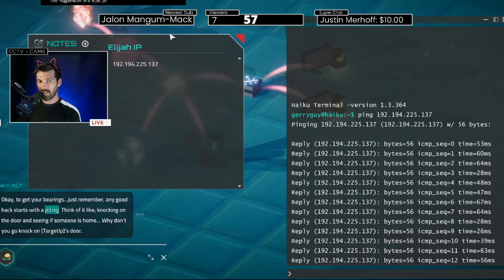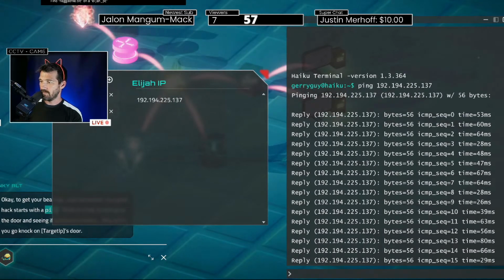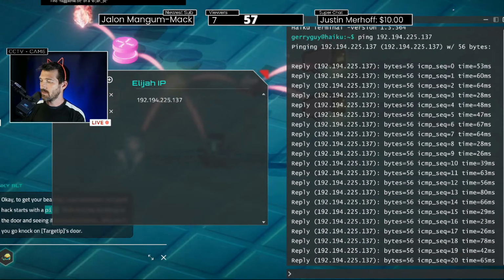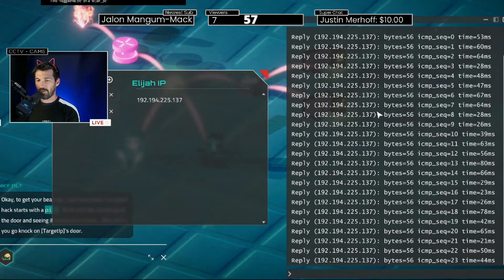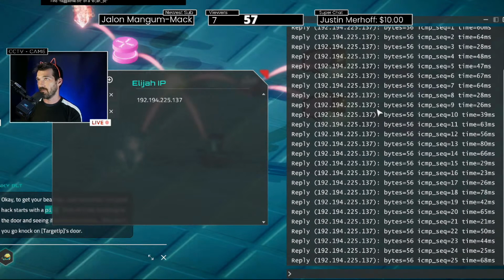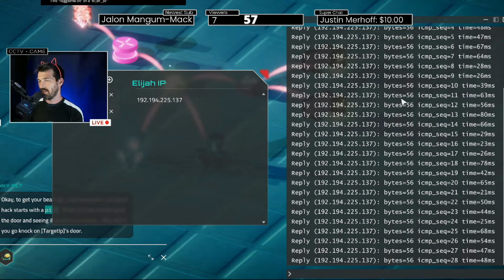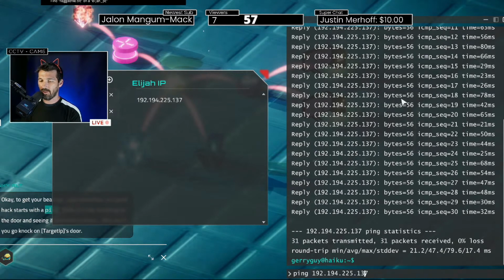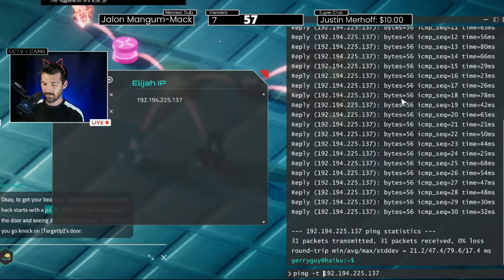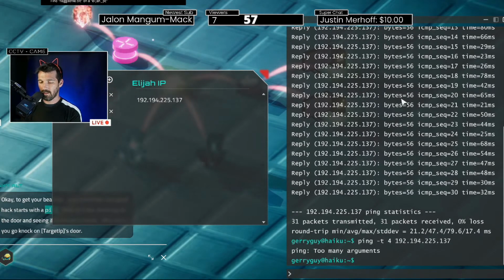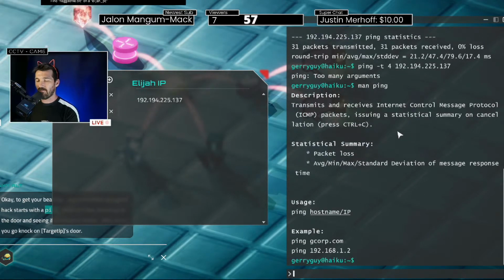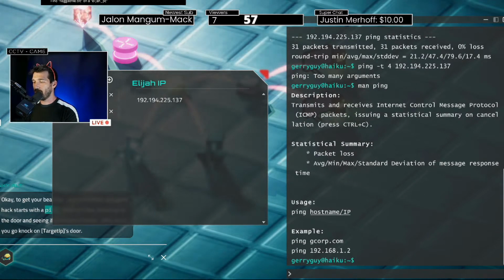All right, so we are knocking on Elijah's door here. You can see we're pinging, and one of the interesting differences between Linux and Windows is that when you ping on Windows, it does an automatic four pings, right? Whereas ping in Linux will just keep going. So this is an example where